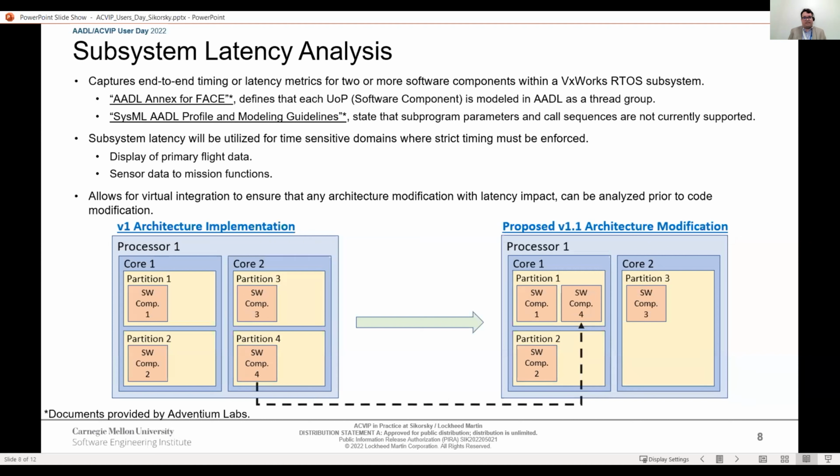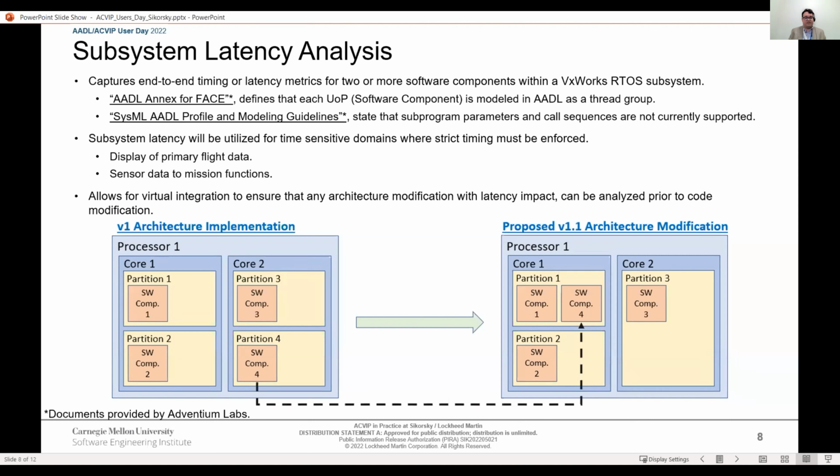This is an important analysis. Like I said earlier, we developed this memory and processor utilization model as the backbone. What we can do with that model is then add these latency parameters on top of it, so we get dual use out of it. It's not a single use model. We just need to properly stereotype, and add any sort of connections or other SysML components to the system,